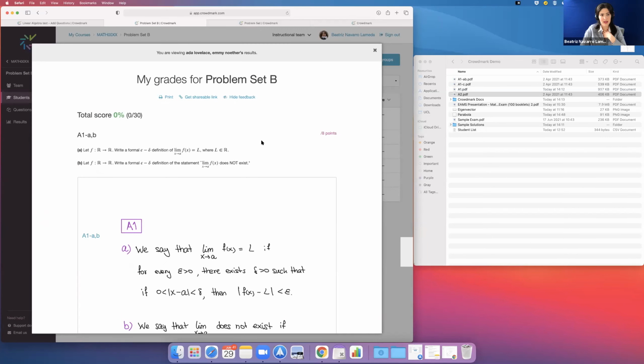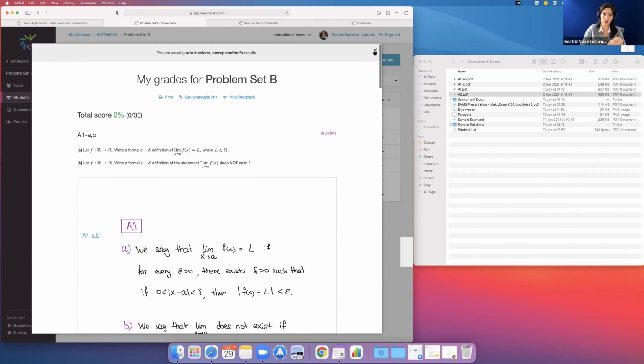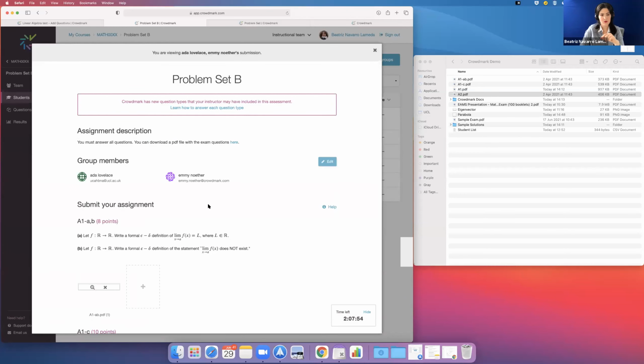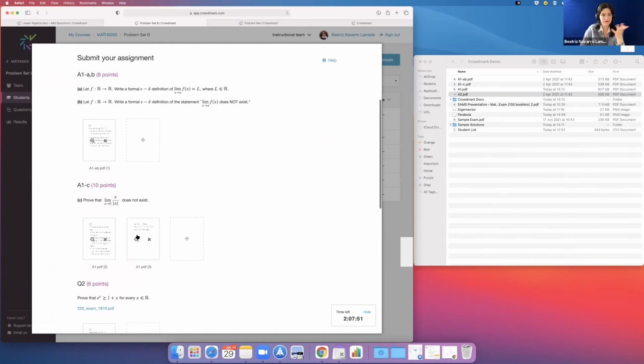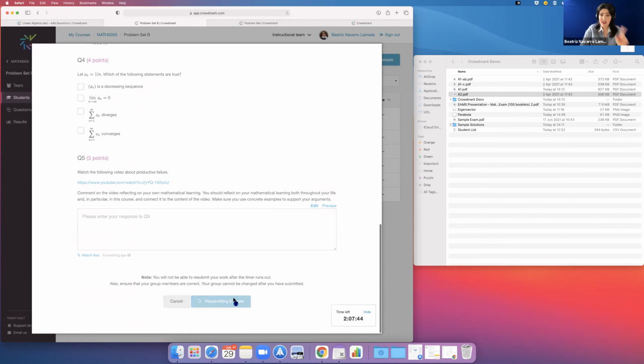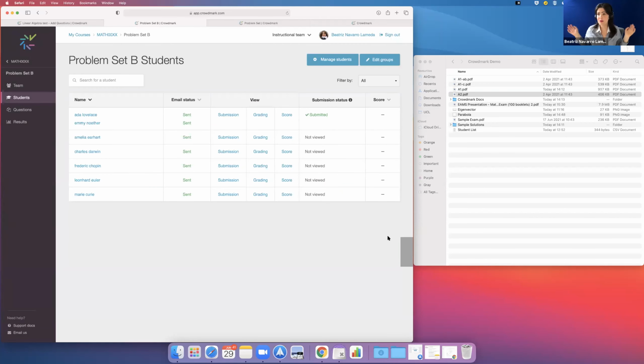Right now I cannot change it because they still have time to finish it, but later on I will be able to go and move pages around. So here you see I edit and resubmit, and this page was supposed to be there, and I can do it. After everything has been done, even after we have started marking. So if you realize halfway through the marking that, oh, this is question 3, but it's in the place of question 5, you can go to the student submission and move the pages around.